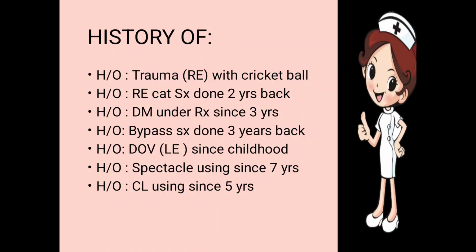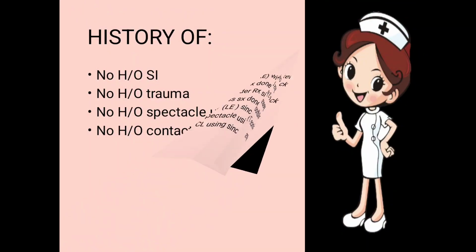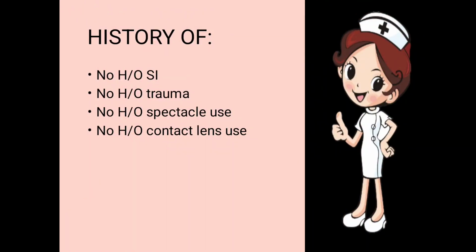We have to properly identify what is the complaint and what is the history. In complaint, those things occur due to which the patient comes to the hospital today, and in case of history, all these things come which are playing their role in the patient's life since a lot of years, since the past. So the past includes the history and the complaints decide the present situation of the ocular history of the patient. Next one is history. Sometimes it needs to be written, but mostly this part gets skipped.